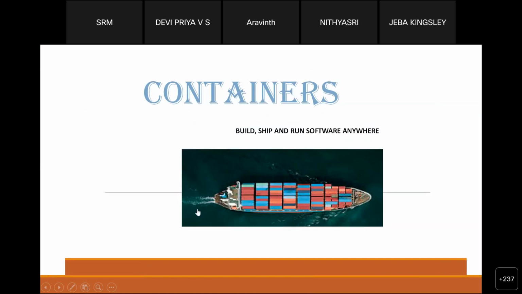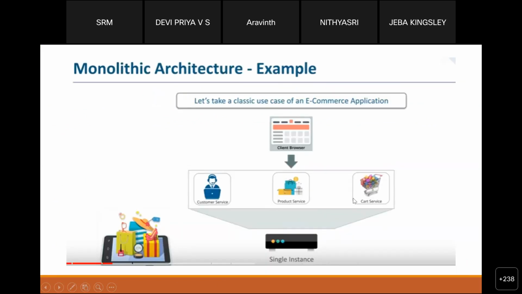So now that you have an idea about VM and all the related things, now we will see how to create a container and why containers are needed and where and how to use it. Before going into containers, let me give a small introduction about the two technical terms, monolithic architecture and microservice architecture. For that, we can take an example of an e-commerce application, where in this era, we are all familiarized with online shopping and e-commerce business.